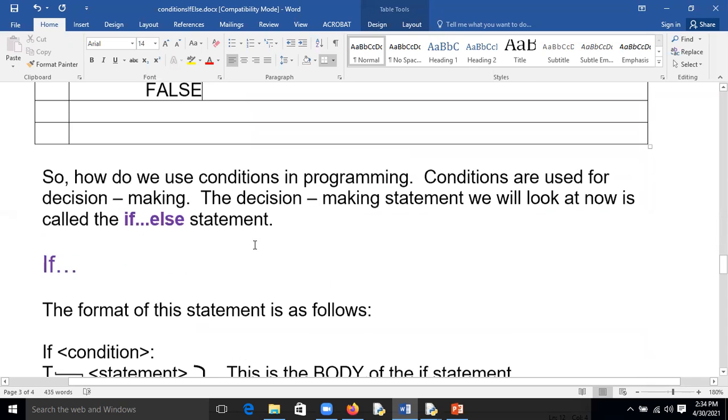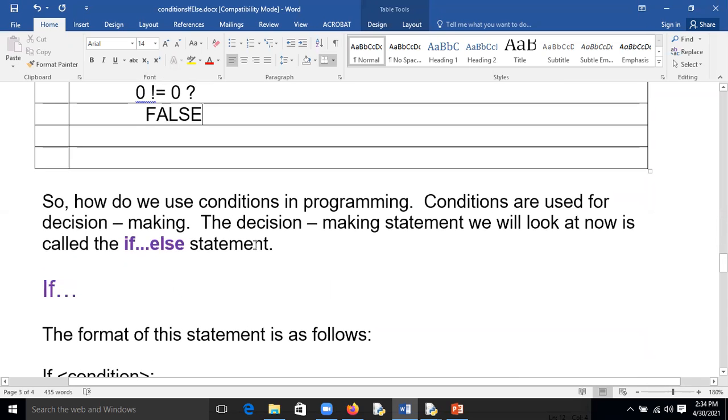So how do we actually go about using conditions in programming? Remember, conditions are used for decision making. So based on whether a condition is true or false, your program will either do this or that. So the first thing we're going to look at is our decision making statement, called an if else statement. What does that actually mean? It means,